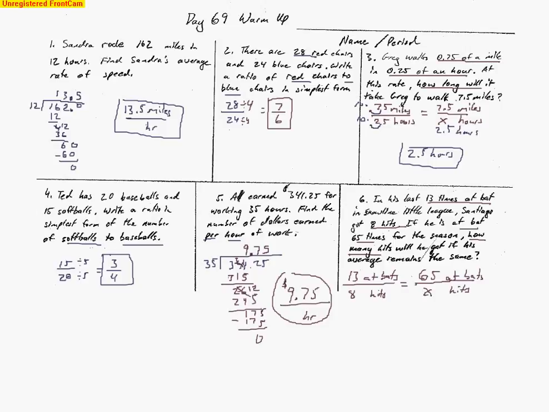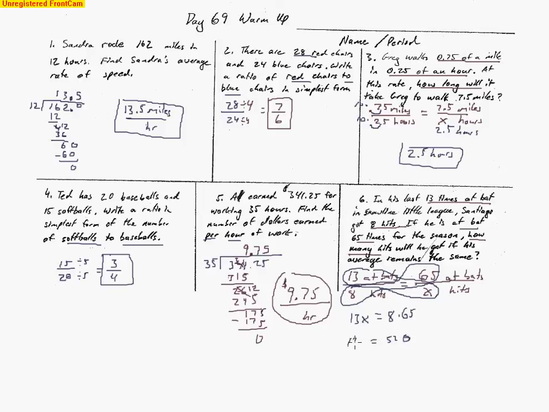I don't see any cross-canceling in this case. Canceling up and down, I should say. So I'm just going to cross-multiply. So I have 13x equals, and then I have to do 8 times 65. So I wasn't so fortunate. There might be a number that I could multiply 13 by to make 65, and I believe there is, but if I don't see it right away, then I'd have to do this other method of cross-multiplying. So I have 8 times 65, and that makes 40, carry a 4, 48, it makes 52, so it's 520